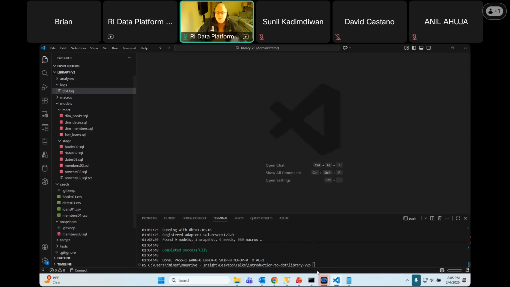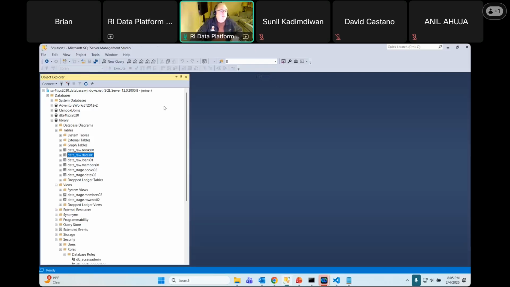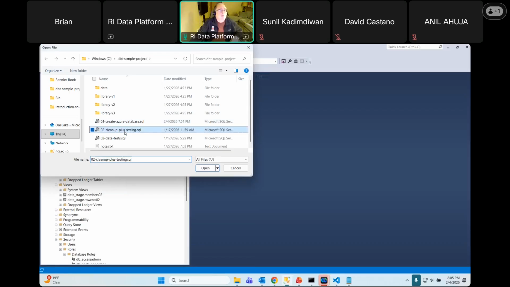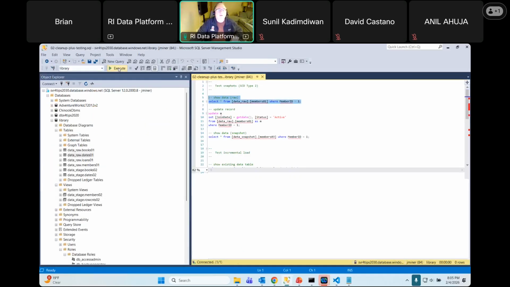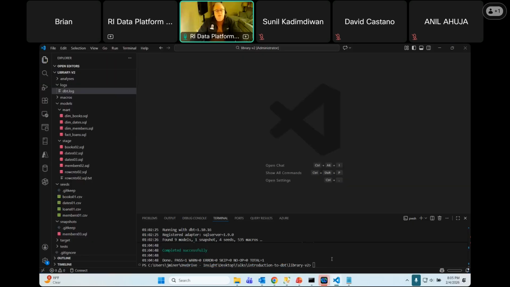Okay, one of the things we want to do is learn how incrementals work, right? So I'm going to show you an example, the cleanup plus testing. Okay, so we're going to select from row members, right? So we have one snapshot. Did I deploy it? I don't know. I don't see the snapshot, so we didn't deploy it yet. So let's deploy it. So dbt snapshot, right? And it's going to create a snapshot on members. So dbt snapshot,